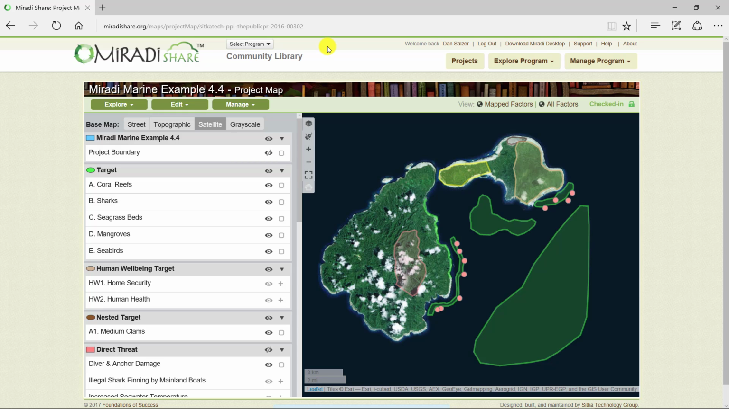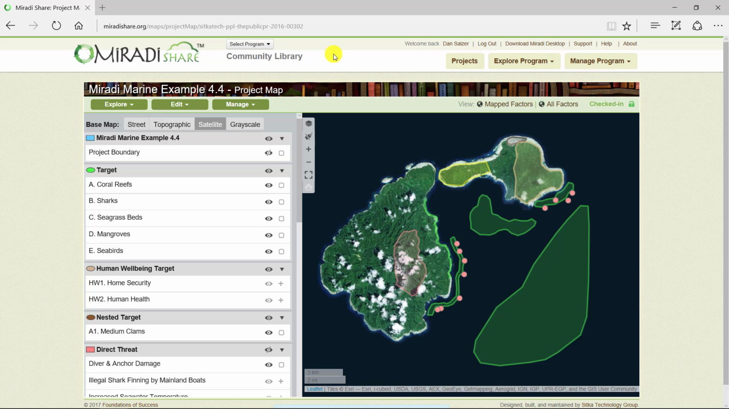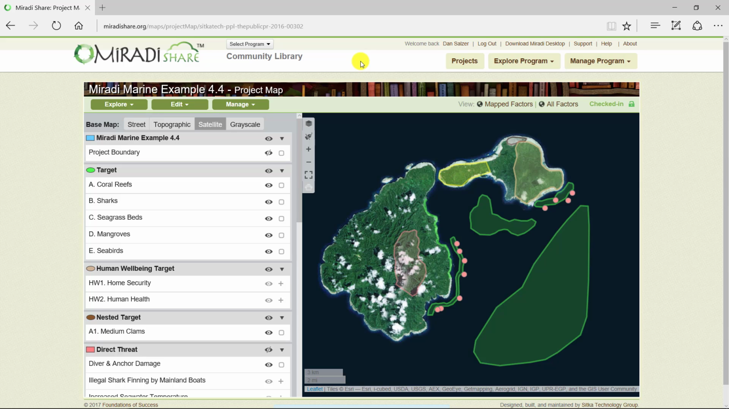Anyone can create project level maps in Miradi Share in the community library, which is where I am right now. If you have an organizational program license, you can also create program maps, which you would access under Explore Program and select Program Map. I'm going to deliver this video in the community library using a project everyone can access,